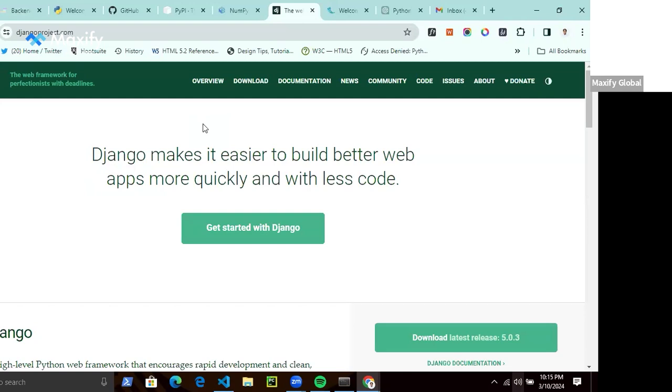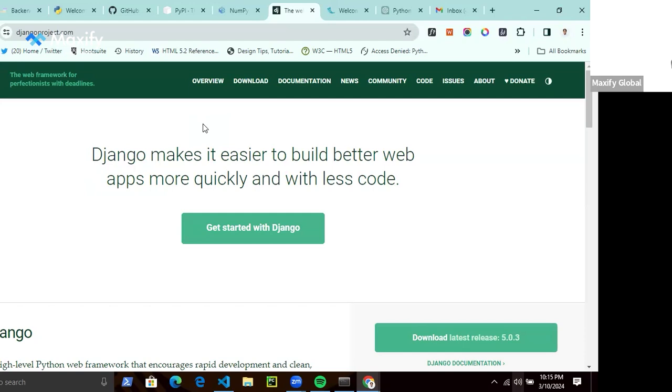So let's talk about Django. We've discussed briefly libraries and frameworks. So Django is essentially a web framework for perfectionists with deadlines. That's their tagline. As you can see on their website, Django makes it easier to build better web apps more quickly and with less code. Django is a free open source web framework written in the Python programming language, and it's used by millions of programmers every year. It is popular. Its popularity is due to its friendliness to beginners and advanced programmers.